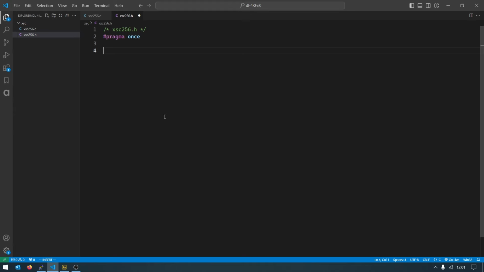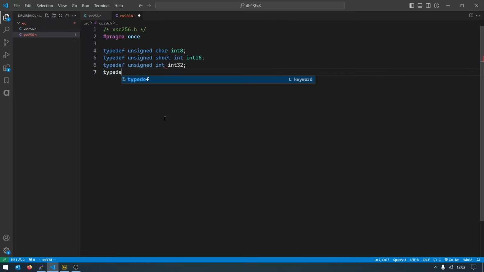And I'm going to start by defining some integers, because an encryption cipher is very centered around different numbers. So I'm going to have a type definition for an unsigned char, which is an int8. I'm going to have an unsigned short int, which is a 16-bit integer. An unsigned long, I guess it becomes, but that's only on my system. I will say int instead, so it works if you're running a 64-bit system as well. So an unsigned int is the int32,